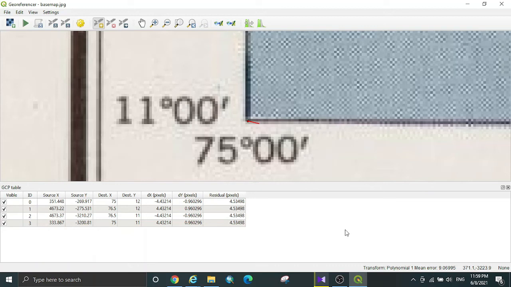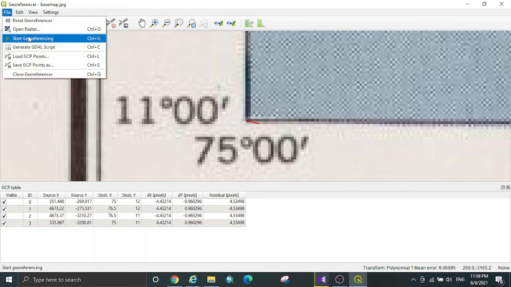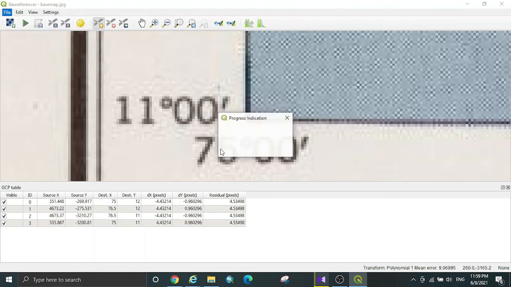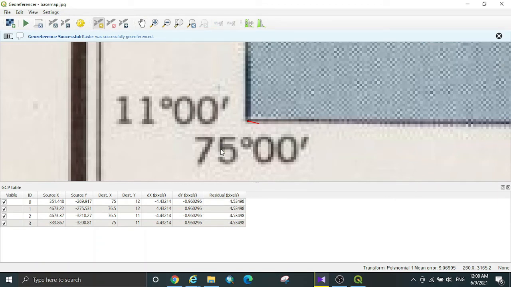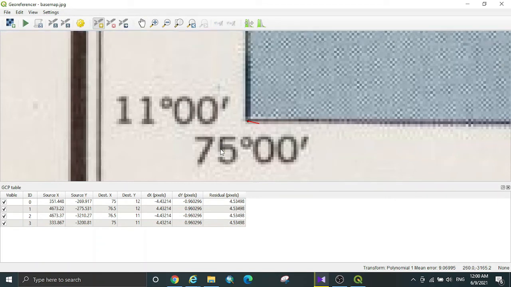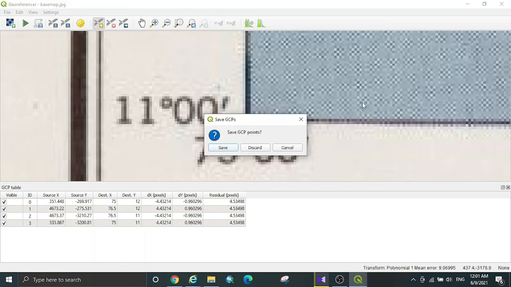Now we need to do the final step of georeferencing. Go to File and click on Start Georeferencing. Here we got a message that our topo sheet is successfully georeferenced. Now we can close the georeferencer window.